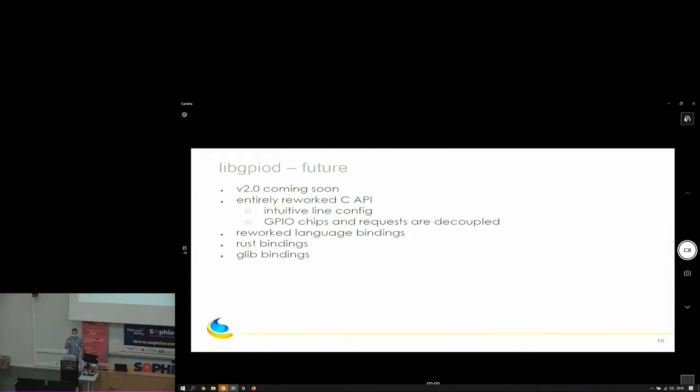So version 2, as I said, is currently being developed. If you go to the Linux GPIO mailing list, you're going to see that we're currently working hard at bringing you version 2 of libgpiod. The C API has been entirely reworked to support all the features exposed by the most recent kernel interface. We have decoupled the chip and line requests so that chips and requested lines can live separately. This was a feature that was called for a lot. We have entirely reworked language bindings, and we're also going to offer Rust and glib bindings